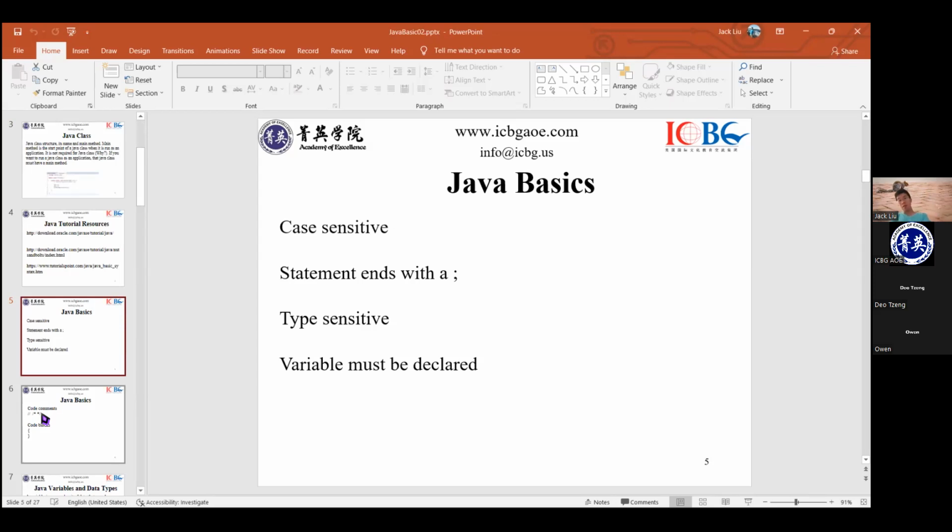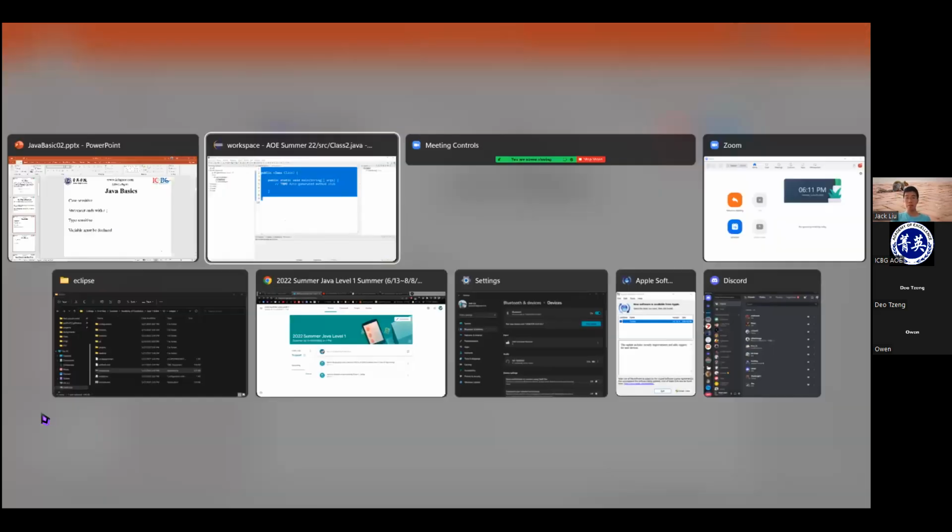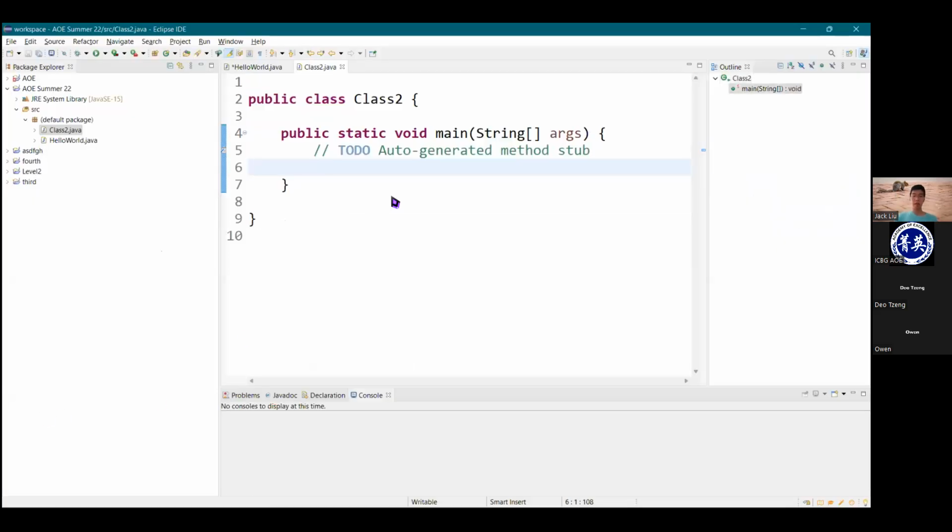Something that is specific to Java that is not the same as Python is that statements have to end with a semicolon. I kind of talked about this last class, but it might seem annoying at first when you're programming Java, but you get used to it. And luckily, Eclipse helps if you do something that doesn't have a semicolon,